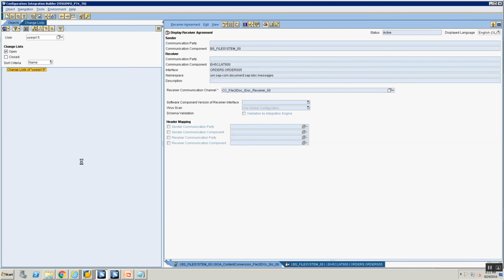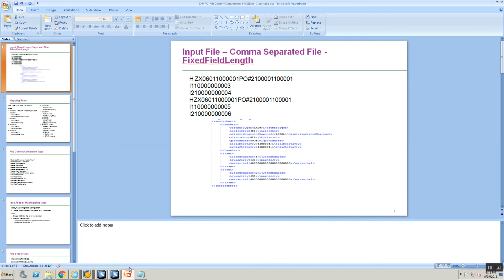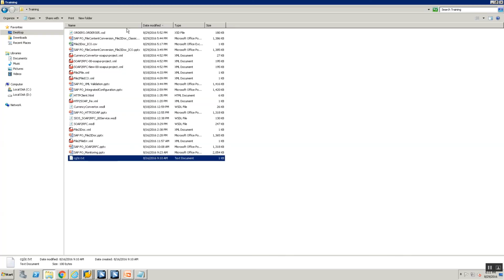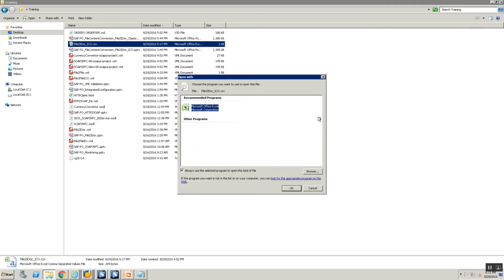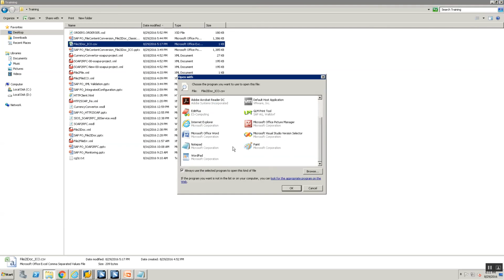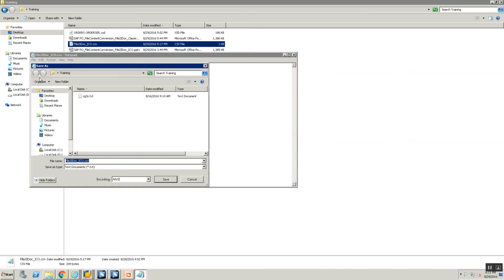Okay, now that our changes have been activated, let's go ahead and create our file, right? So to create my file, I'm going to open my CSV file. I'm going to save this file.